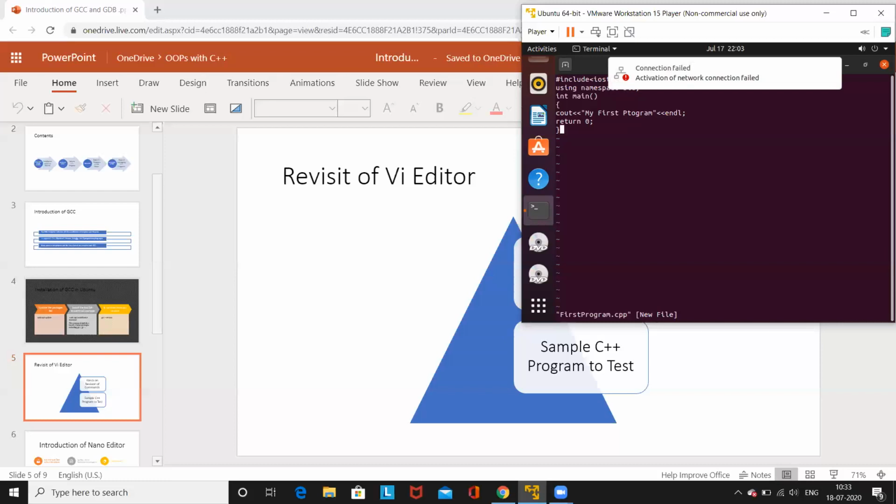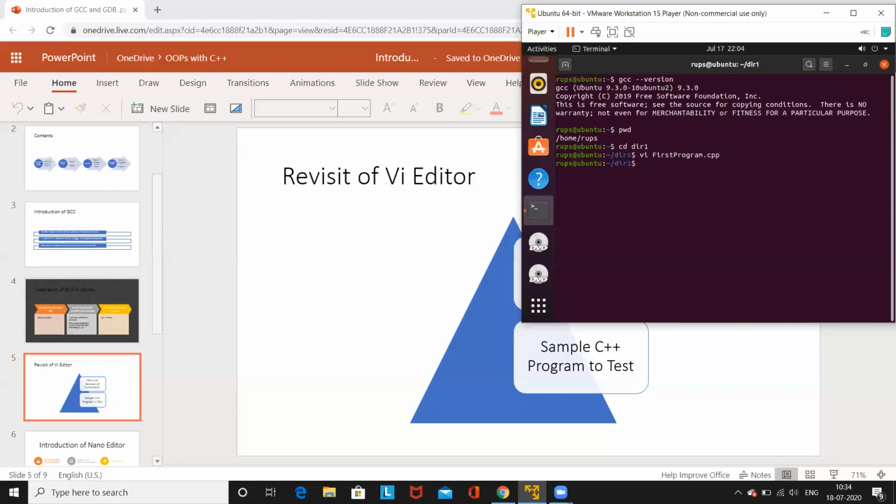So when we compile this with the help of the GCC compiler and run it, the output should be my first program. So it is the structure of a C++ program, and I have written it in a vi editor. Now it is required to save. First of all, I have to press escape. Then :wq. That means the contents get saved inside the file first program.cpp, and q means quit as well. Now enter.